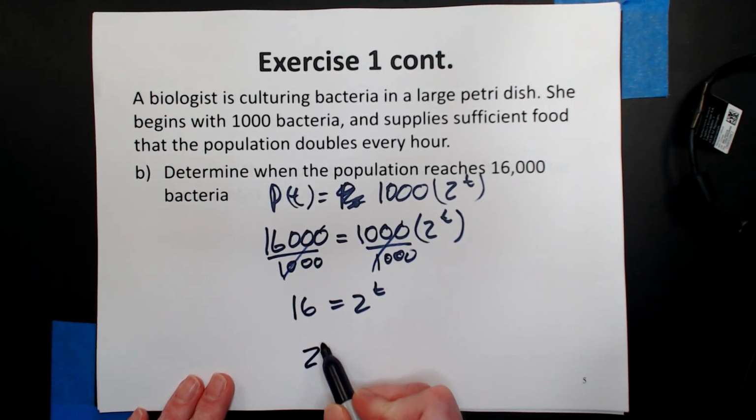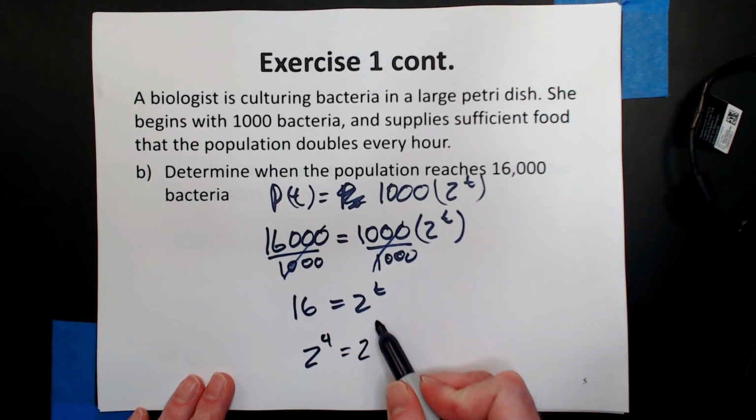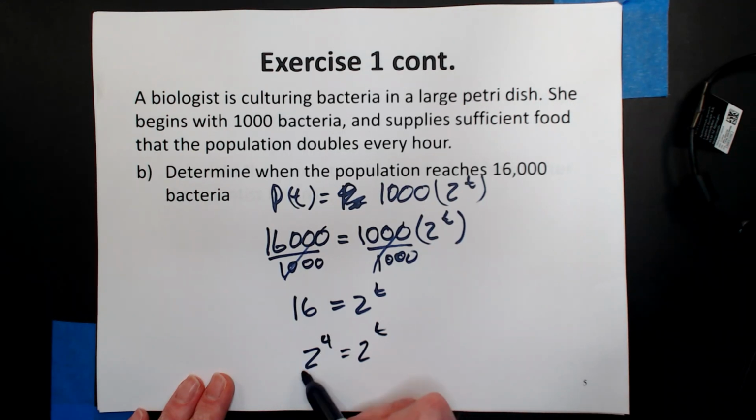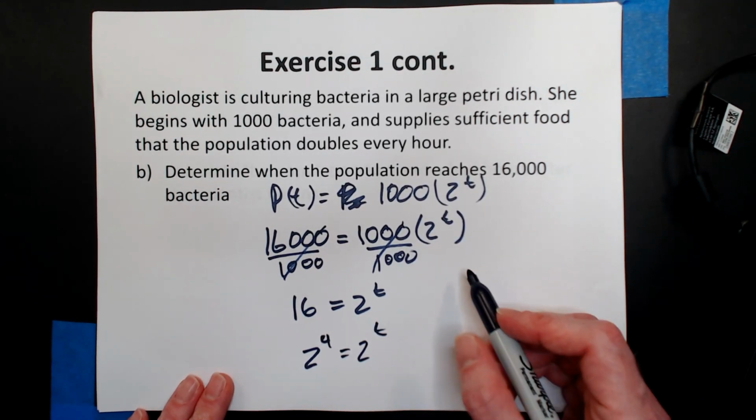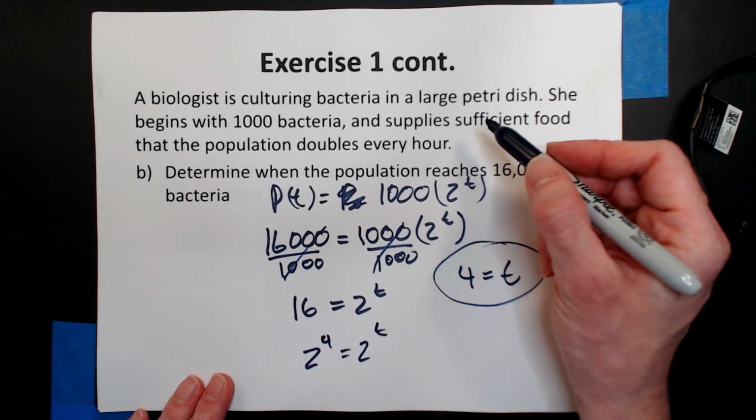Our powers of 2. So that'll be 2 to the 4th for 16 equals 2 to the t. So remember, it's like canceling. If our bases are identical, our exponents have to be equal. So it's kind of like canceling our bases. Not really. But we're going to get 4 equals t is our answer. So in 4 hours,